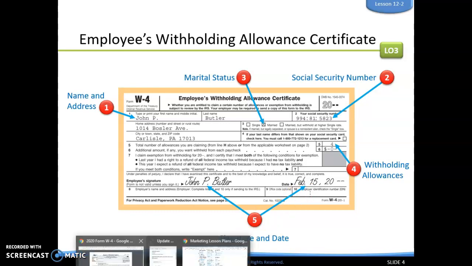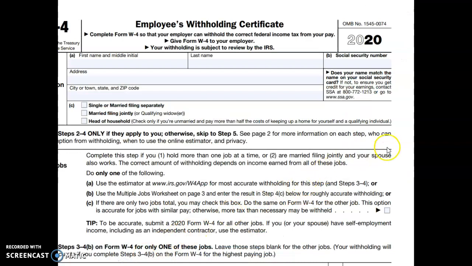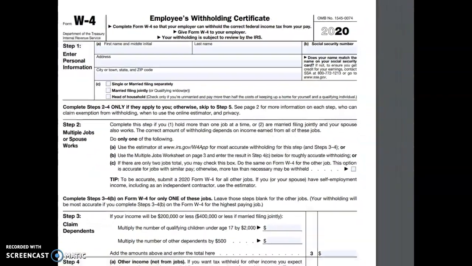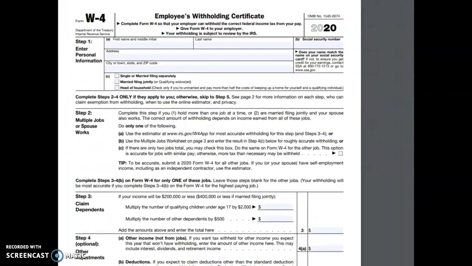Now, I'm going to flip over to... Okay, so here's the updated form. I don't think I can... let me make it a little smaller for you. That's about the best I can do. Okay,